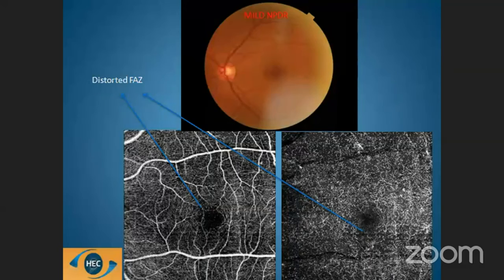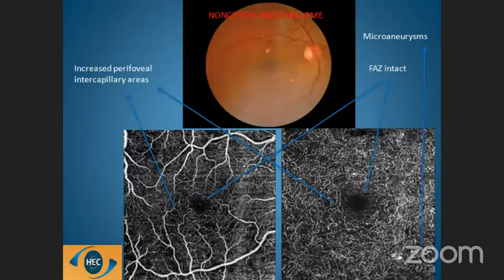In cases of diabetic retinopathy also, the vascular lesions can be seen very clearly. This is a case of mild NPDR, and in most of these cases, we would have avoided a fluorescein angiography. However, OCTA being non-invasive, it was done, and we can see that the FAZ here is distorted, which means that this patient has some element of macular ischemia, and therefore, the prognosis of this particular patient may not be very good and will require more frequent follow-ups.